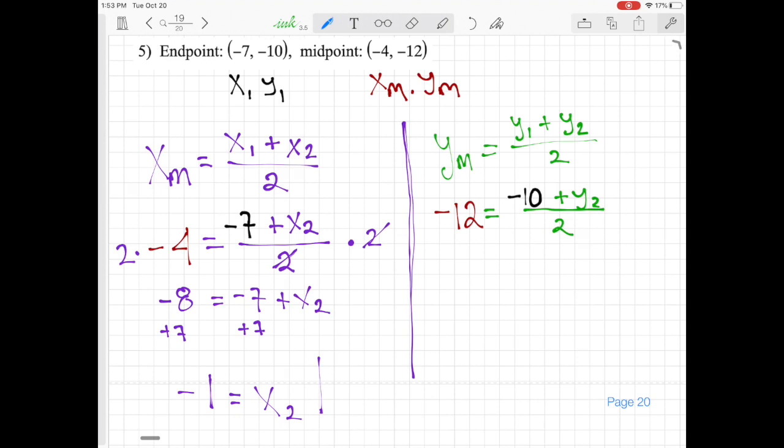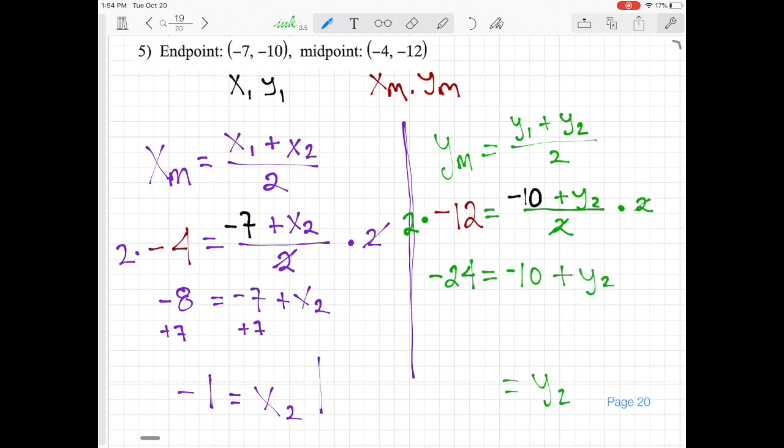All right, so now we need to get y2 alone on one side of the equal sign. So let's get rid of this divided by 2. So we're going to multiply that by 2. And 2 divided by 2 cancels out. But I have to do it to both sides, so I'm going to multiply both sides by 2. So 2 times -12 is going to be -24 equals, I'm left with -10